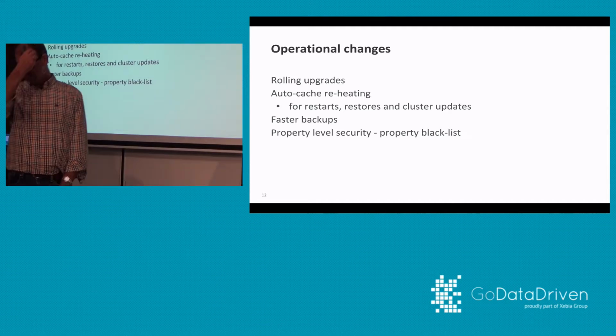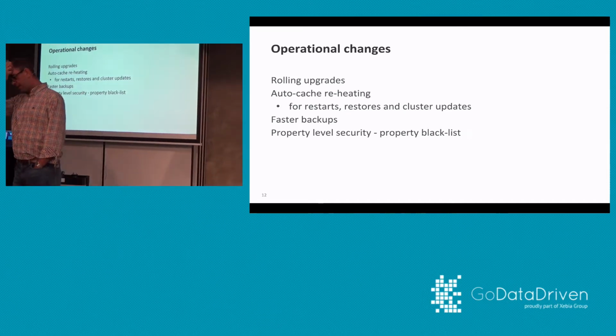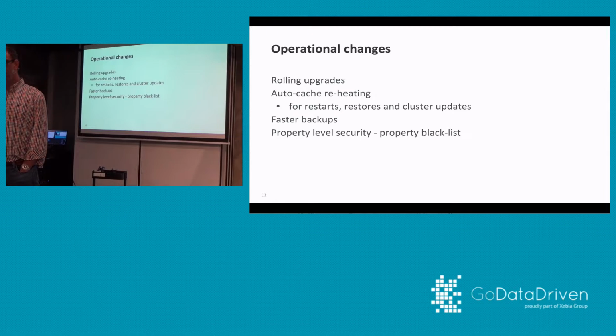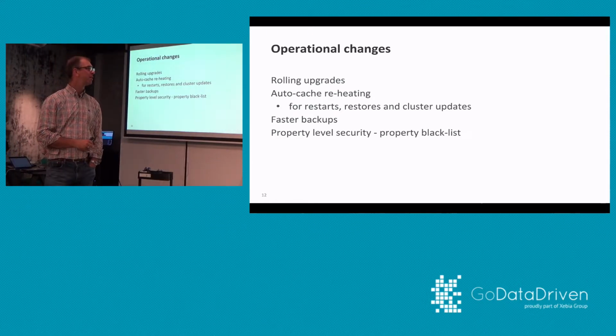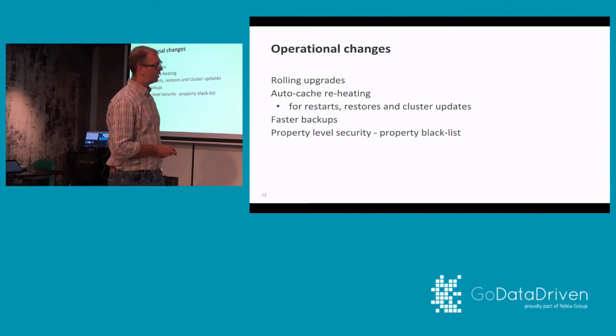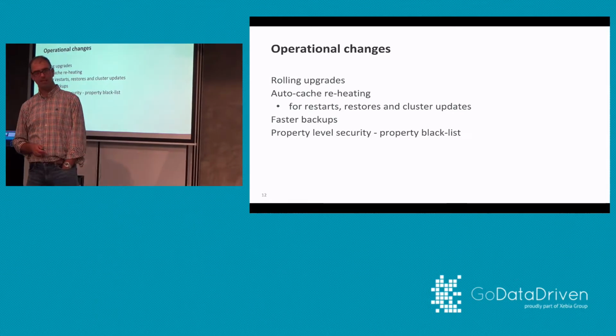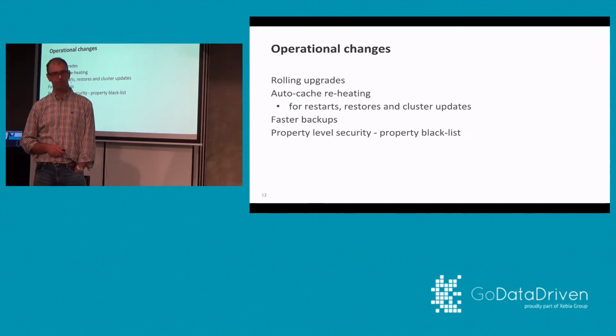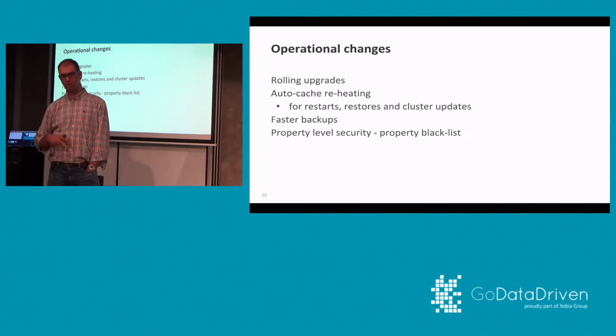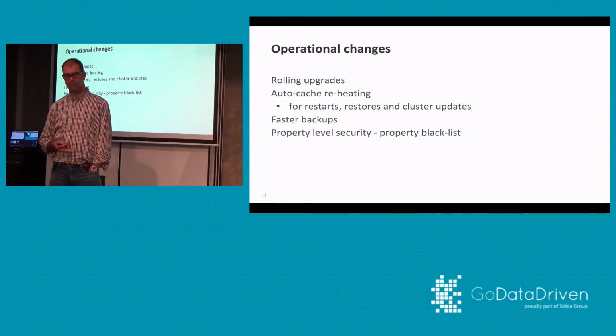Faster backups. There's been some operational improvements in the way that we do backups on the Neo4j cluster, so that works a lot faster. It can also recover a lot faster if it fails. And then a big one that our enterprise clients have liked for a long time. We've done a lot of work on securing Neo4j a lot better by doing things like,